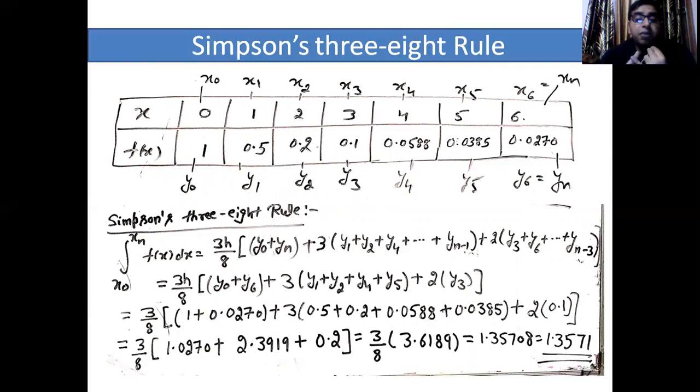Now one thing to remember is that y6 is also a suffix which is a multiple of 3, but we can use the function value only once in a formula. So y6 is already taken, so we will not use y6 again in any of these formulas, either trapezoidal, Simpson's 1/3 or Simpson's 3-8. So substitute the values y naught to y6 in this table, and a simple calculation will be done here, and you will get your answer, that is 1.357.